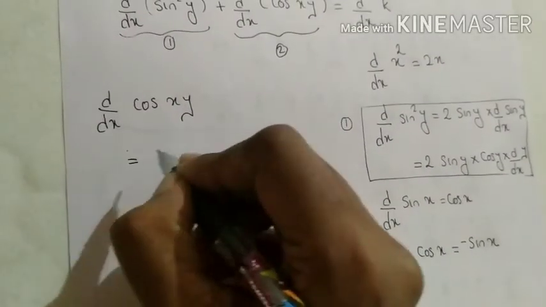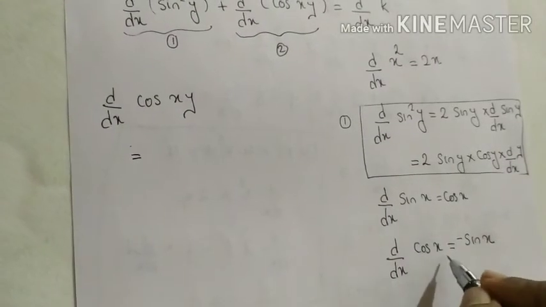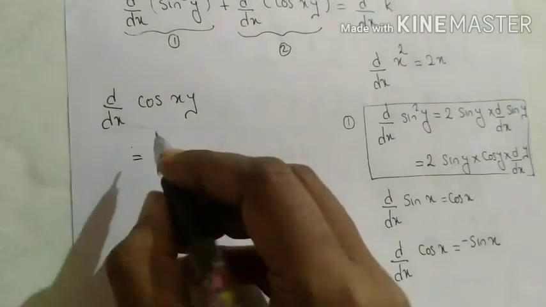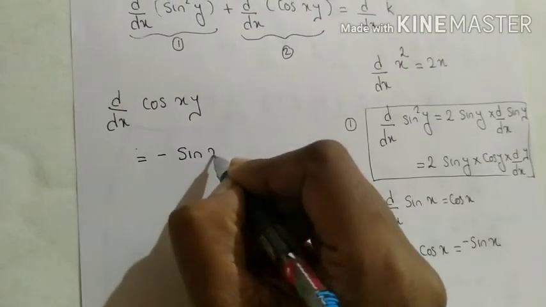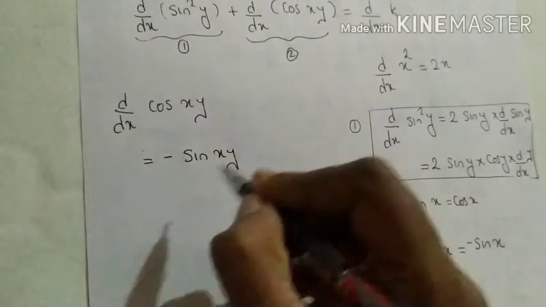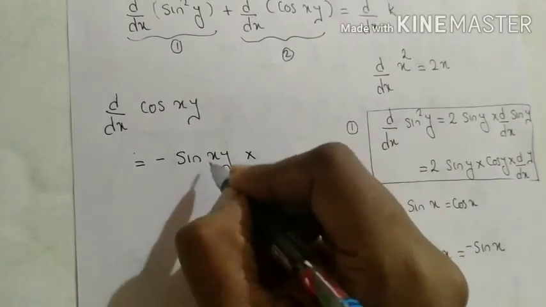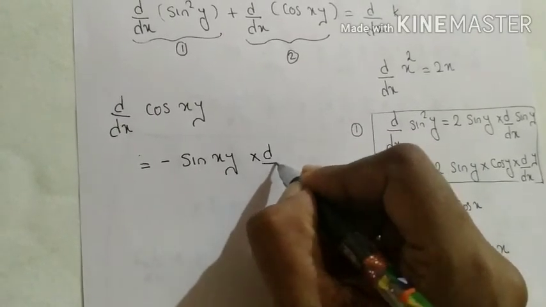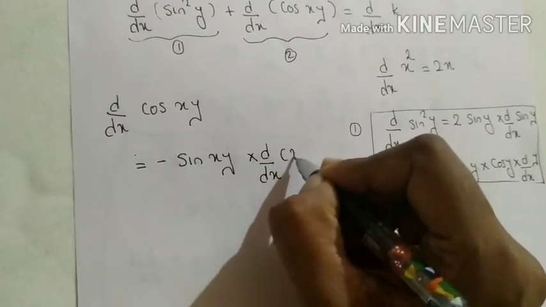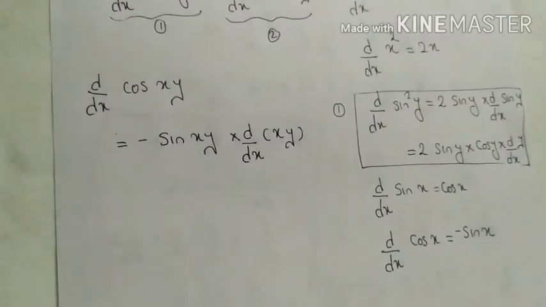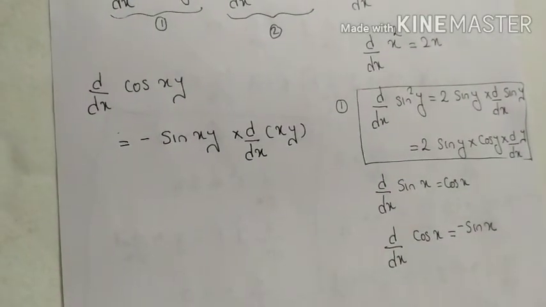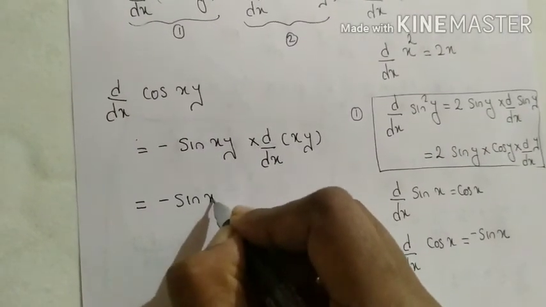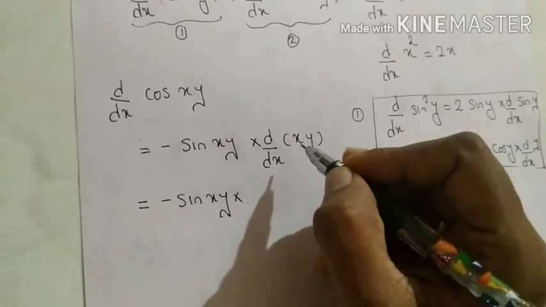So if the derivative of cos x equals minus sine x, then the derivative of cos xy will be minus sine xy into the derivative of xy, since xy is another function. So we need to find the derivative of xy here, which will be equal to minus sine xy into